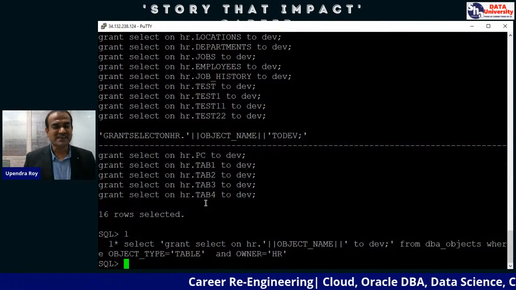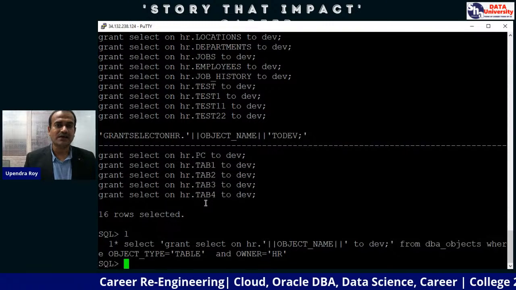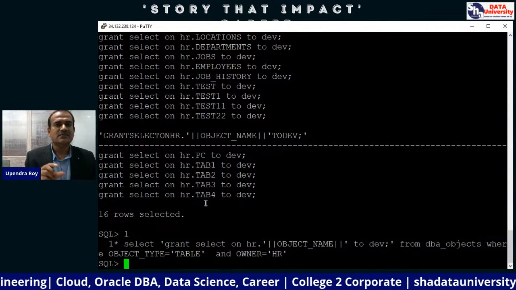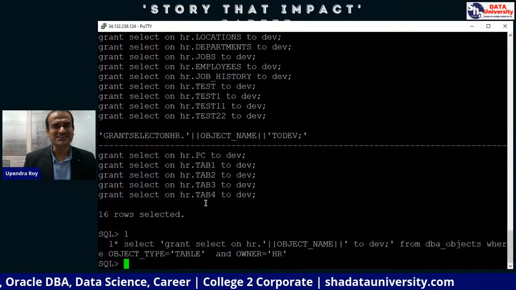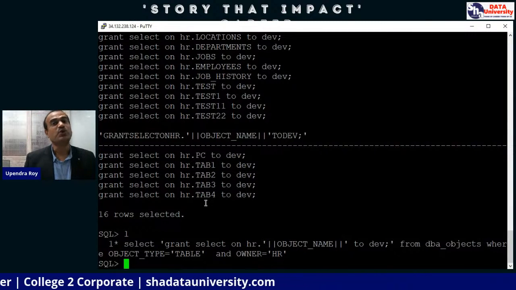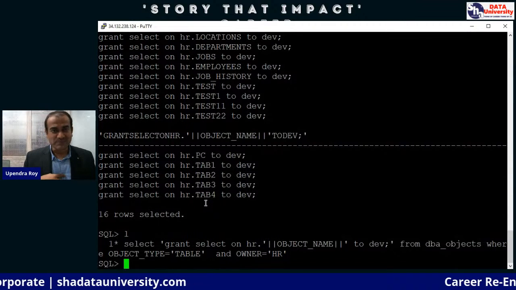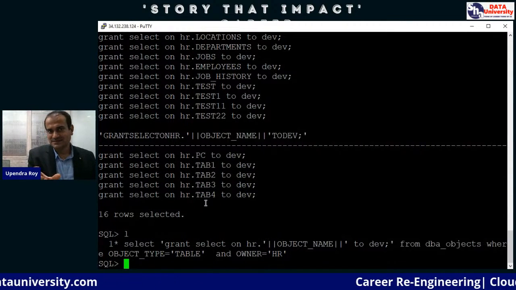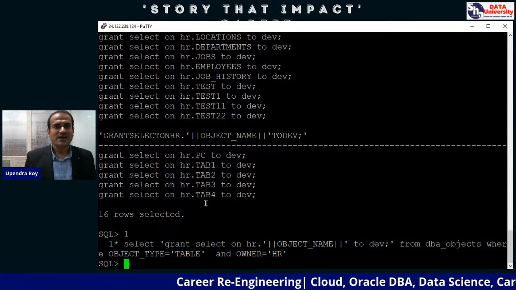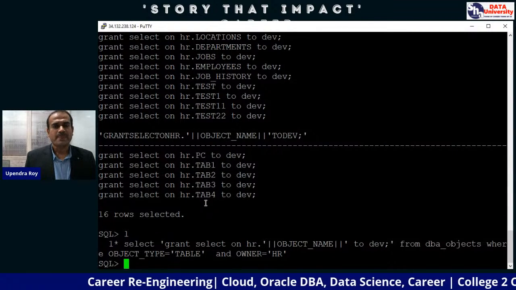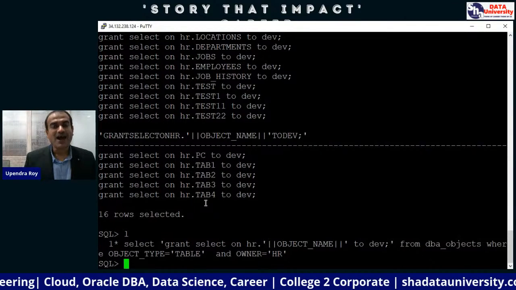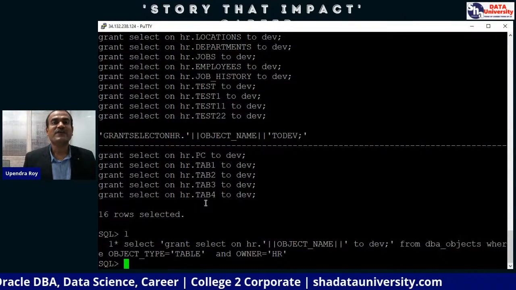But sir, here it's 16 lines, if maybe 1600 lines, how to select all in one go and run it? That is a challenge. So what to do? The next thing I'm going to show you guys is very, very important. You want to keep all the output in a file. How will you be able to do it? For that, there is a